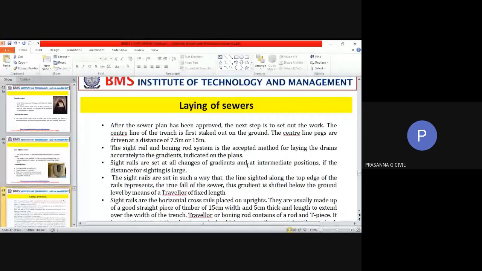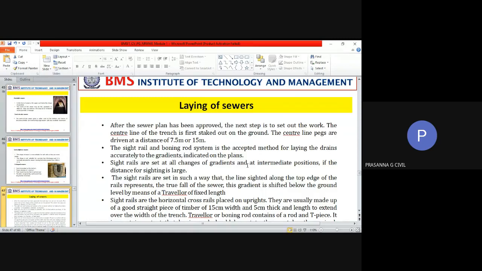If you have a place where the road is taking a curve, then the pipeline also has to follow the road. You can't go in another way. So you keep the pegs at a closer place. Now, there are two very important